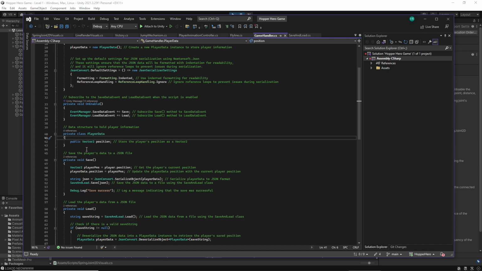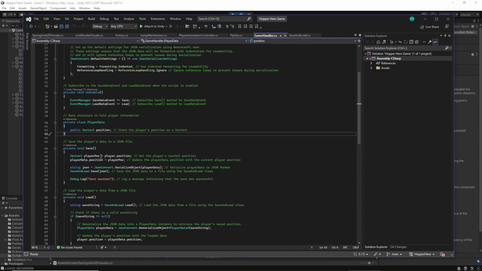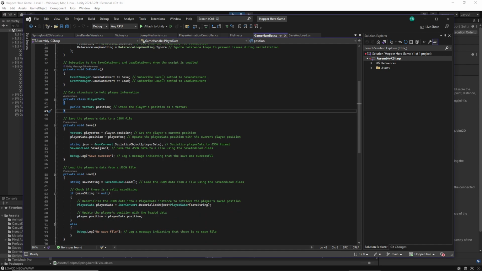In my game handler, there's a private class of player data. This player data is just storing the player's position, since my game doesn't have any abilities or upgrades that I need to save. And the player's health is always 1 HP, so there's no point in saving that. So I'll just be saving the player's position for now. This save is called when the button is pressed and the event is invoked. This save method will be called, and